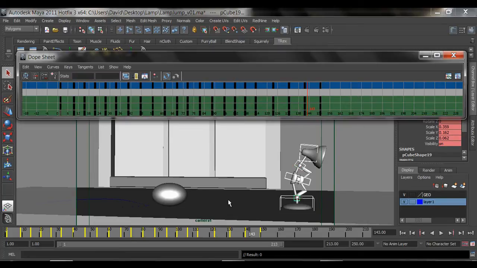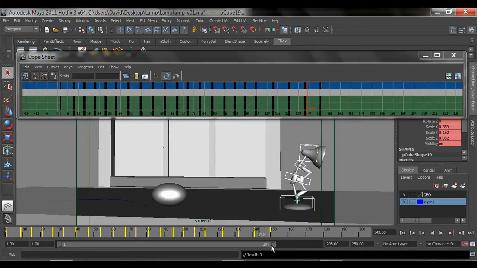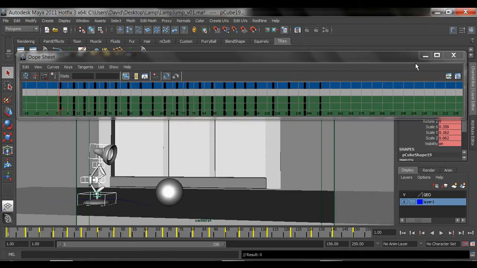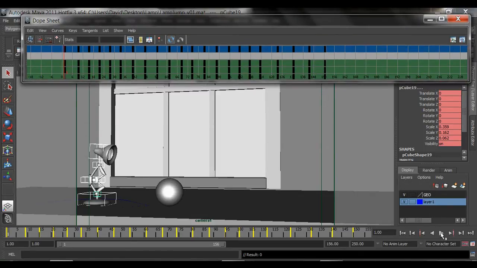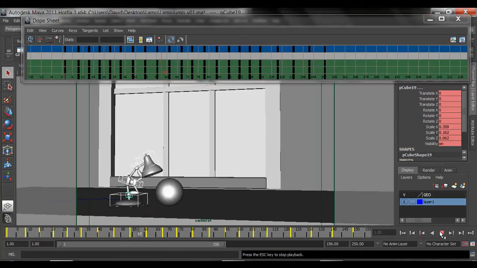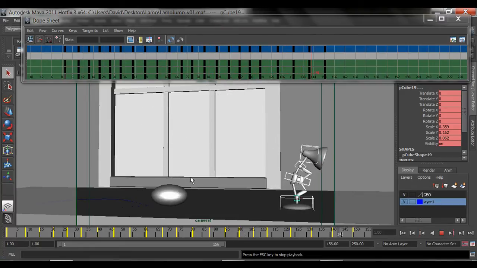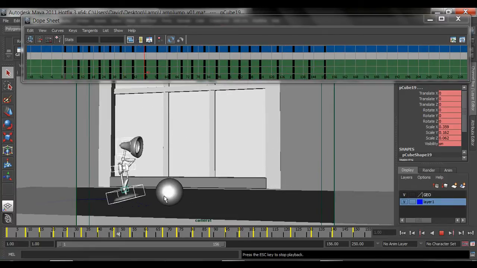Okay? So now let's move this further down. Let's hit play and check our timing. So now we can see it's a little bit faster, but because we adjusted the timing of the lamp, now the timing for the ball is off. But let's not worry about that. That's going to be last. Okay,